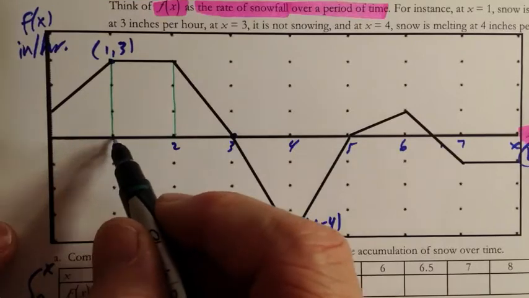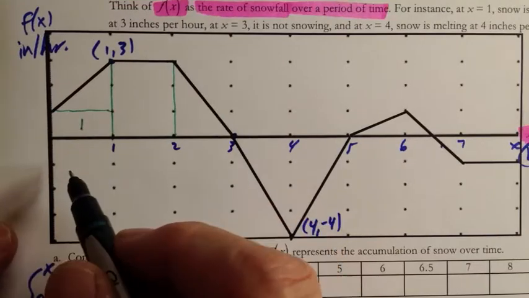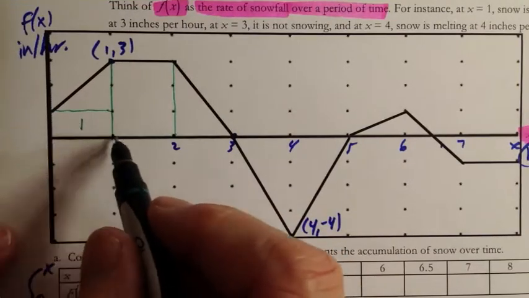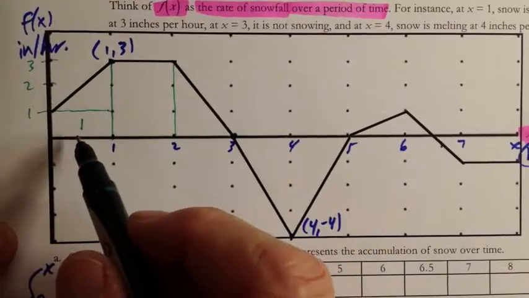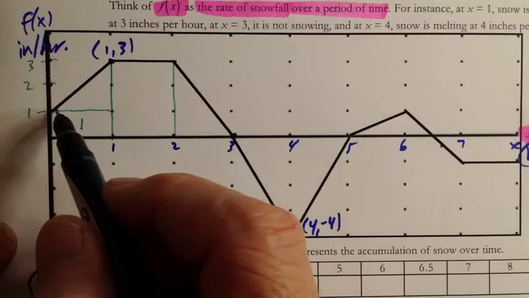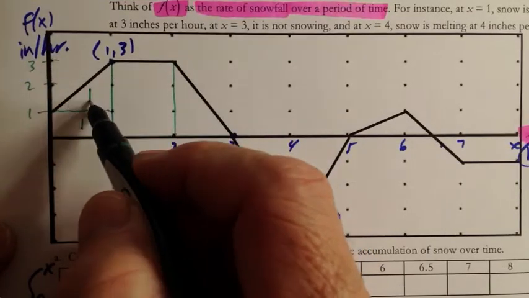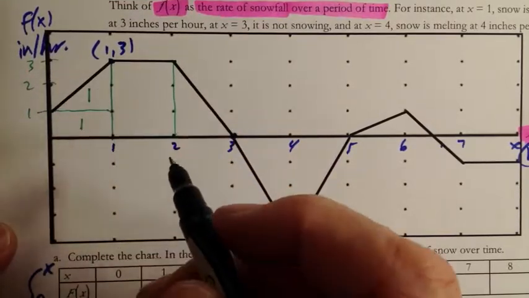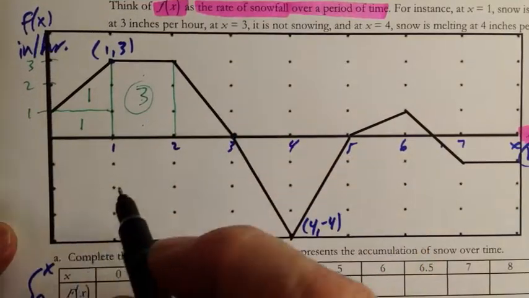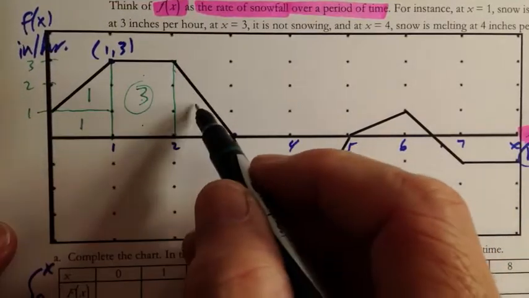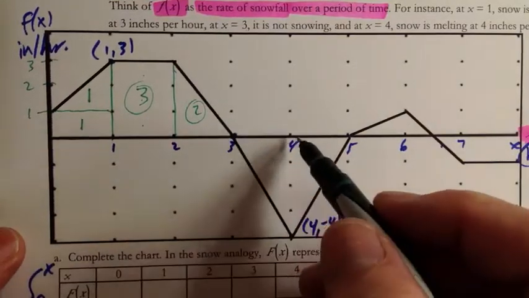Okay, so here 0 to 1 there, and so this box, and it's kind of stretched out in the x direction, has an area of 1 by 1. Okay, so this is 1, 2, 3, and so forth. Okay, so anyway, area of 1 there, and then we have over 1 and up 2, so 2 divided by 2 is 1, so that box right there has an area of 1. And then here, this box has an area of 1, 2, 3, okay, and this one, just like the other one, has an area of 2, remember 1 plus 1 over here,